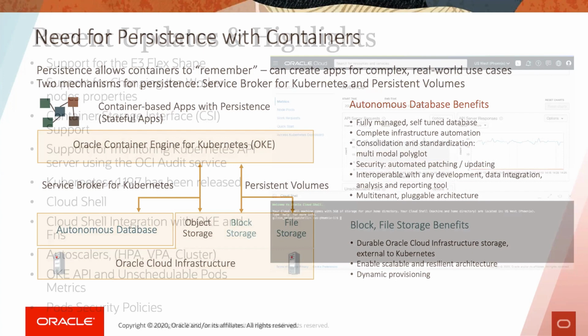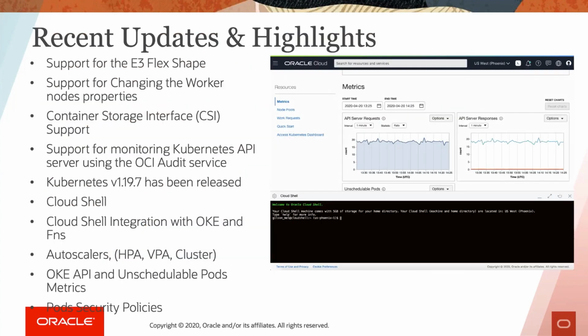And then just let me wrap up with this last one here, which is some of the highlights of OKE, what has been recently put into place. One of those is you're able to run on Kubernetes version 1.19.7, the Cloud Shell integration with OKE. And then also what I think are wonderful features are the autoscalers: horizontal pod, vertical pod, and also the cluster autoscaler. And so with that, I will turn the time over to Bob, and he will take you into the